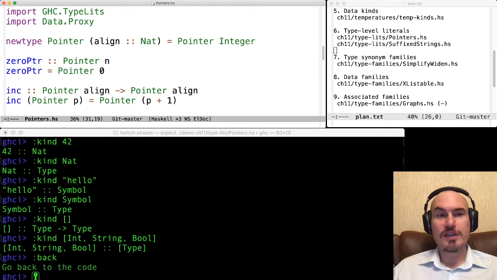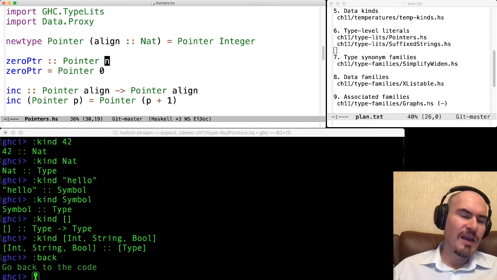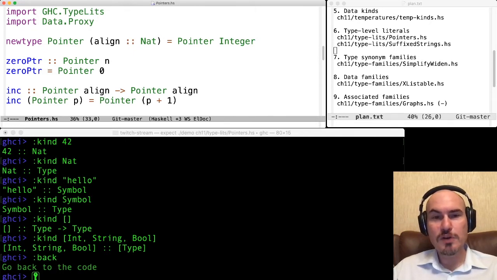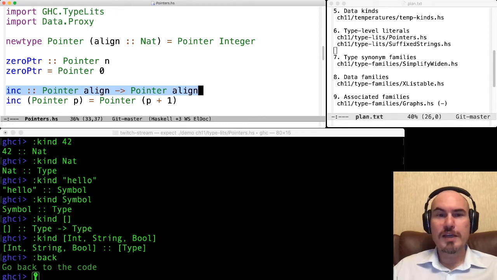So zero pointer is a zero pointer, and we can define zero pointer for every alignment. So here we don't specify an alignment, just n. Remember, it's a forall n here. And we can write a function over alignment. And here we have the type system at work, actually. So we say that this increment function doesn't change an alignment.